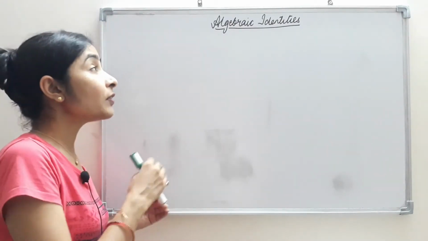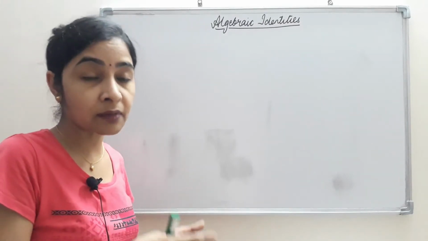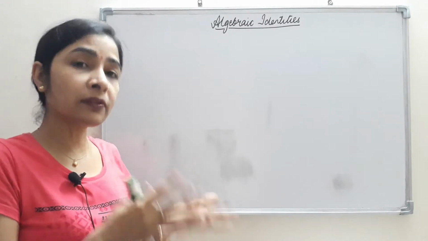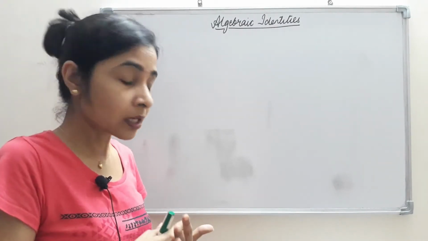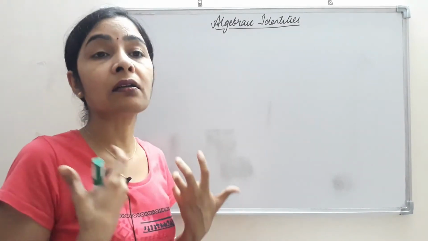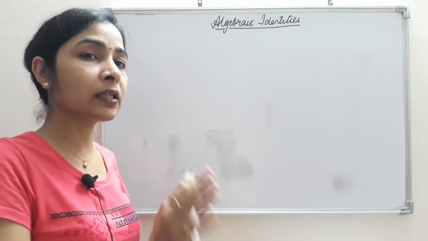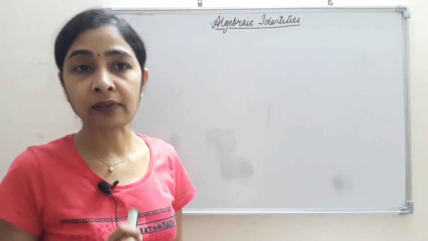That means whatever values we put, whether they are variables and constants, or just constants, or only variables, that equality always stands true. So they are equalities which are true for any value of variables or constants, or a combined term which consists of both variable as well as constant.